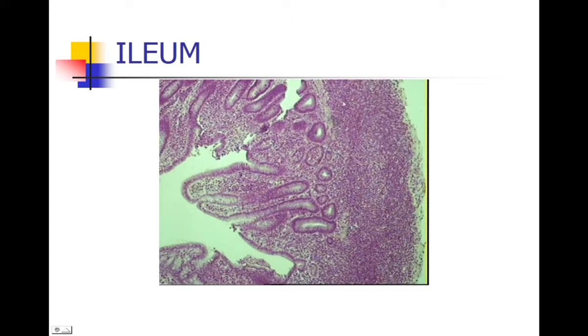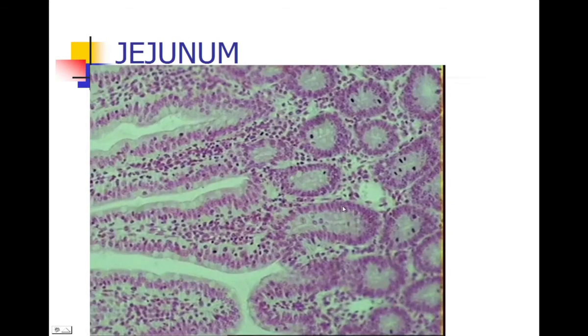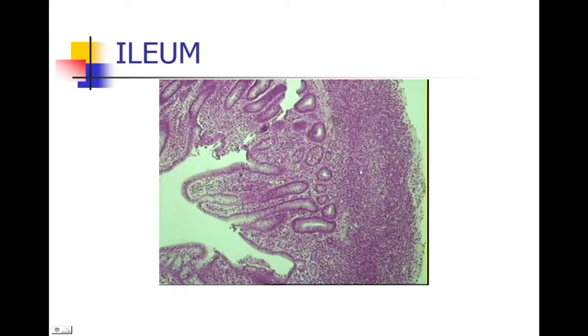This is the muscularis mucosae. You can see this is the muscularis mucosae. This is the muscularis mucosae, and the muscularis mucosae is pierced by the lymphocytes. The lymphocytic infiltration is present in the lamina propria as well as in the submucosa, and this big patch of